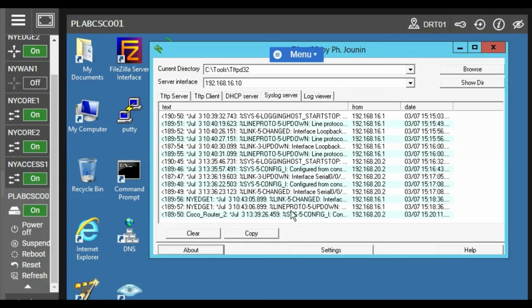You got the logs of 192.168.20.2 with the name Cisco router 2. I hope you got the information on how you can configure syslog services in your environment and monitor all your network devices with a dedicated logging server.